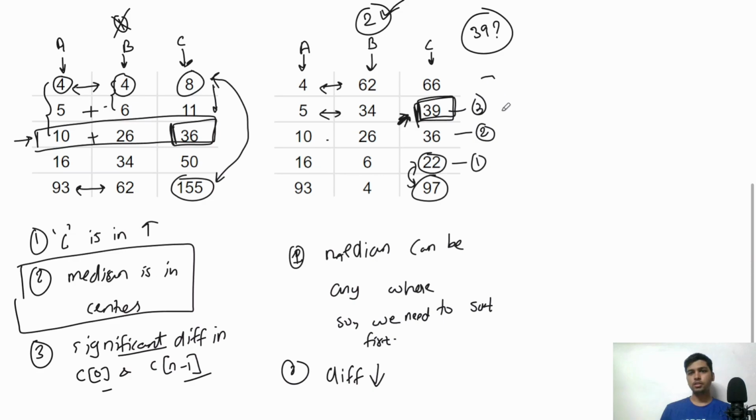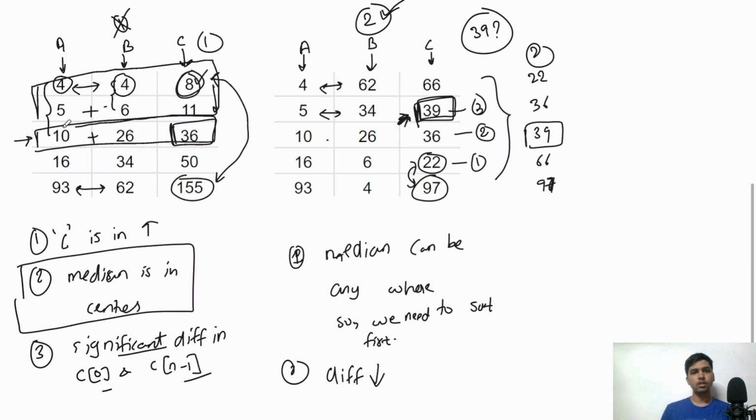First of all, let's write this array in order. So it will be 22, then 36, then 39, and then 66, and then 97. Okay, so this is our median. So between the second and the first method, there is one thing. Here in the first method, our smallest number is really small. So we are not utilizing much of the numbers in the first half. In the first half, the numbers are really small. But here, as we are adding in the reverse order, the numbers are equally